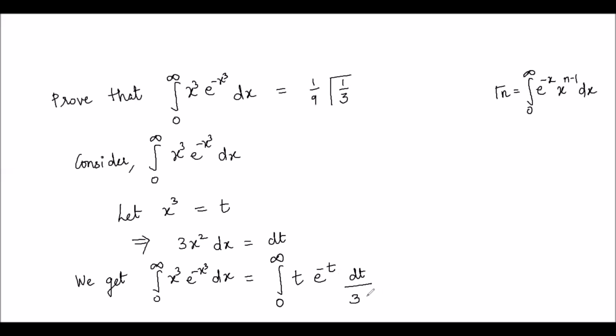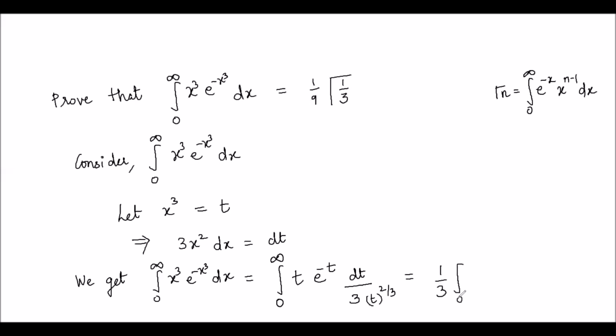And what is x square? x square will be t raised to power 2 by 3. Because we have converted everything in t, we will write this also in terms of t. So dx will be dt upon 3 t raised to power 2 by 3. Now we will solve this. We will write it in the proper form by considering this t raised to power 1 and this t raised to power 2 by 3, which is present in the denominator. So if we simplify it further, it will be 1 upon 3.